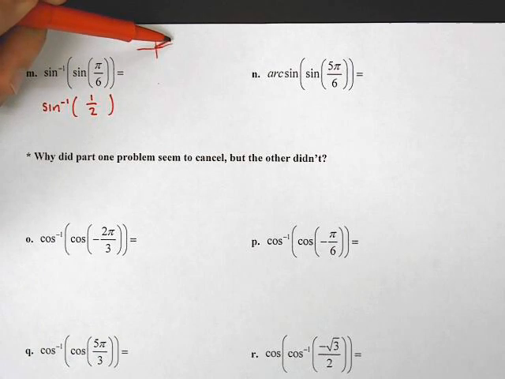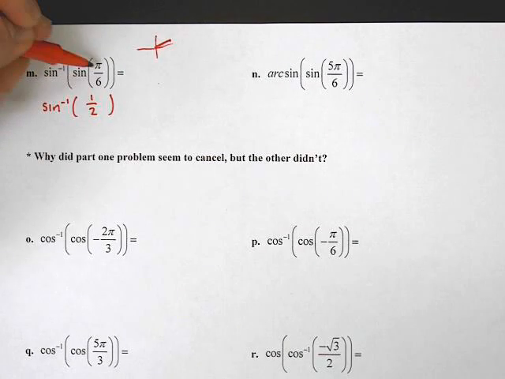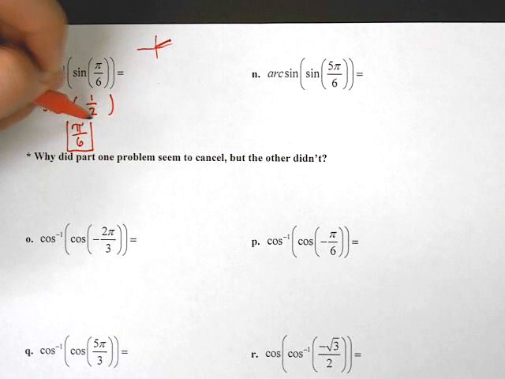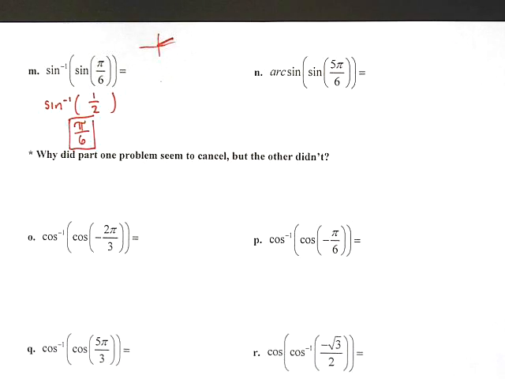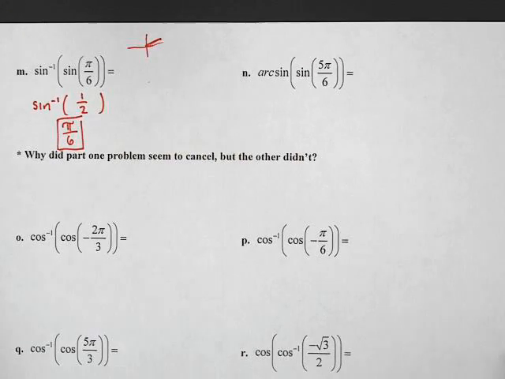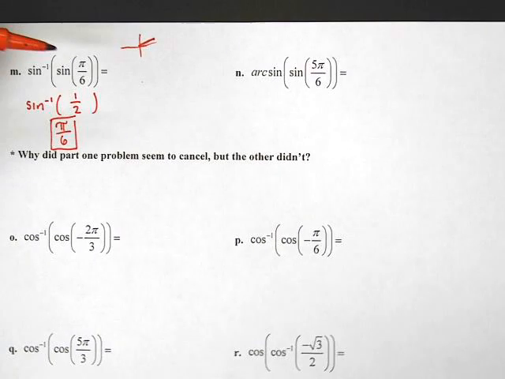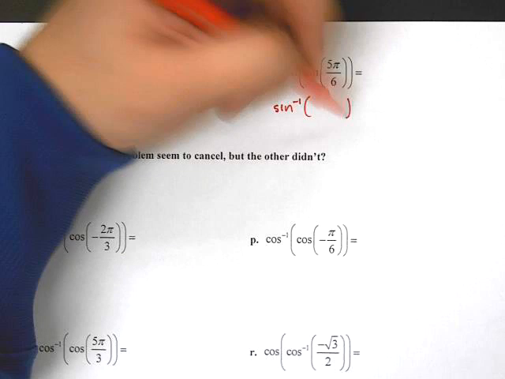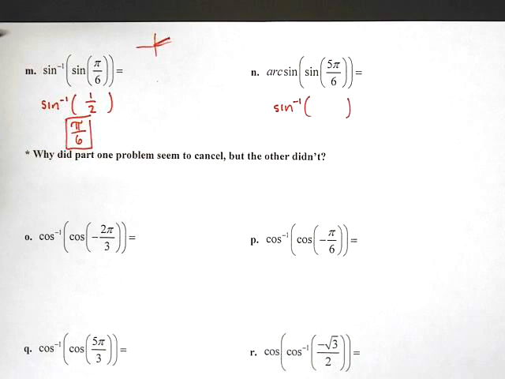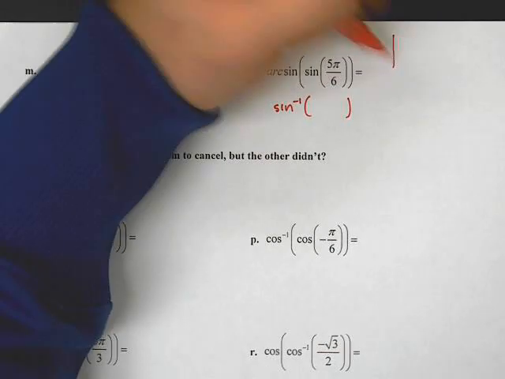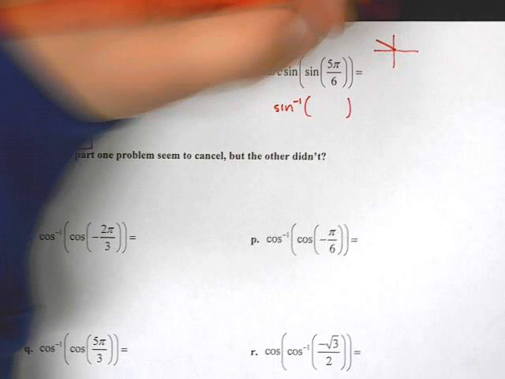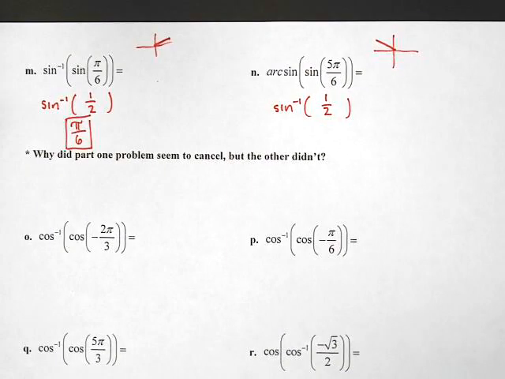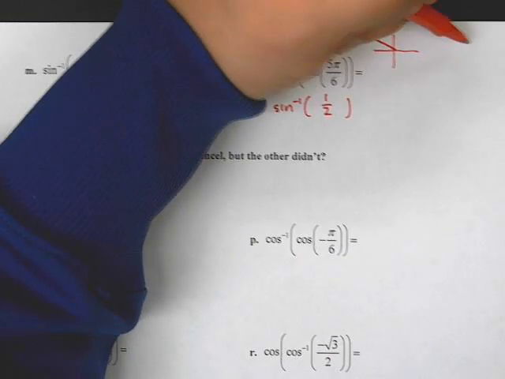And now I'm at the same place. What's the angle when y is 1/2? That's pi over 6. What happens on this next one? Well, again, I'm going to take the inverse sine, but now I need to take the sine of 5 pi over 6. All right, so sine 5 pi over 6, that changes my angle. I'm now over here. Oh, that's still a 1/2. And we just knew on the other one that the inverse sine of 1/2,